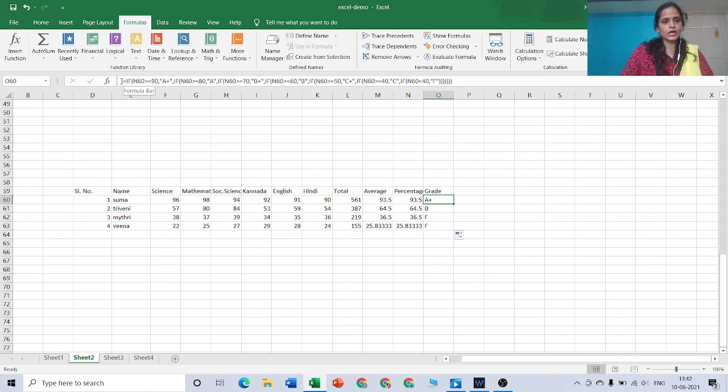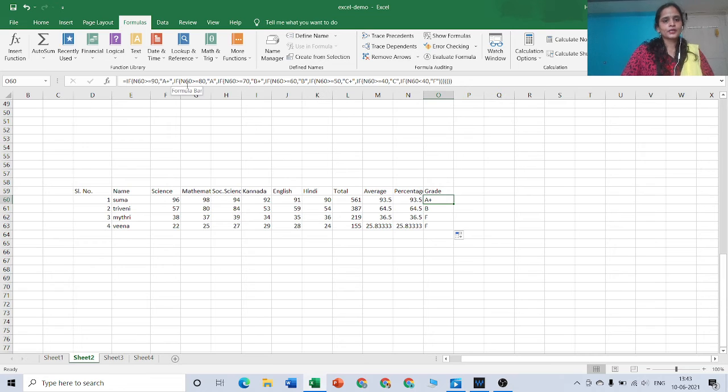We have to begin the formula by typing equal. Any formula has to begin with equal, and condition will be represented by using the term if. So we have to open the bracket and type the percentage cell address. As we are giving the grade based on the percentage, we have to type the cell address of the percentage. Okay, so if the percentage is greater than or equal to 90, comma, we have to open the double inverted comma, then type A plus, close the double inverted comma, then comma,